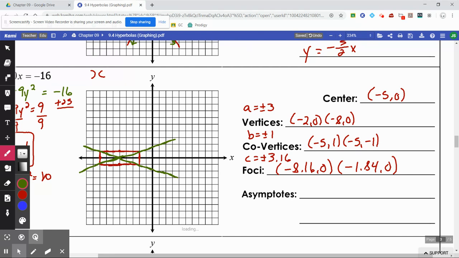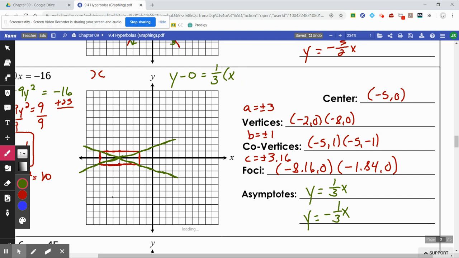Something else that's going to be a little bit more difficult here is finding the y-intercepts, because in order to find the asymptote lines, they're going to be y equals. The slope is going to be rise 1, run 3. So 1/3 x and negative 1/3 x will be the other equation. But our y-intercept is going to be a little bit tougher. So we're going to use point slope. So you have y minus y1, that won't be near as bad, equals m